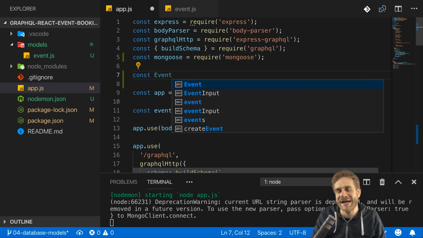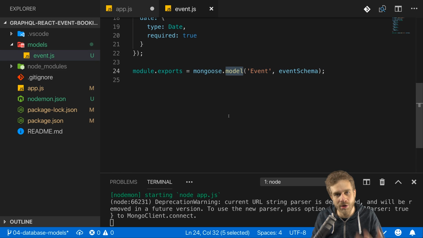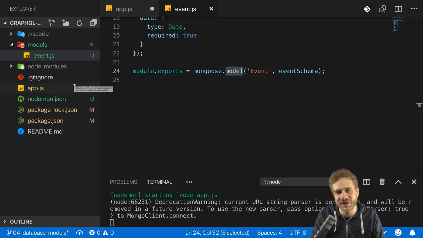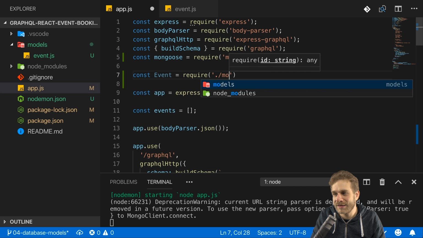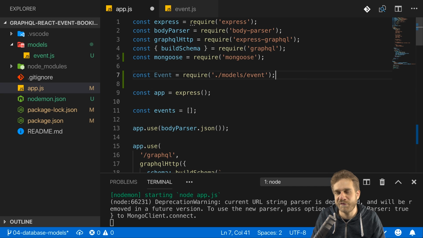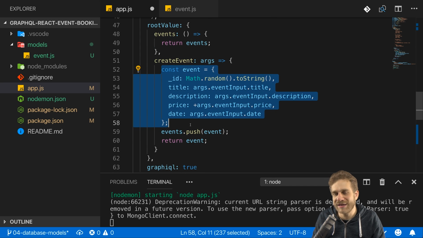I'll name this event with a capital E because the Mongoose model created by that model method here will also be a constructor function we can use to build JavaScript objects based on the model we defined here. I import it by simply importing from that models folder, and there that event file we created. And now we can use that event constructor here to create a new event object that we want to save